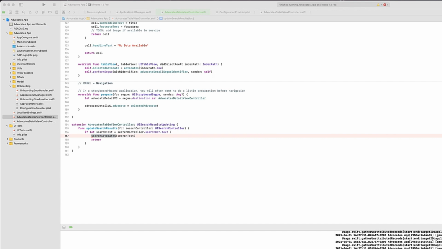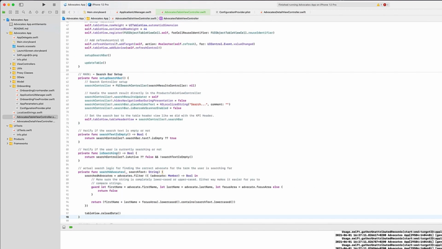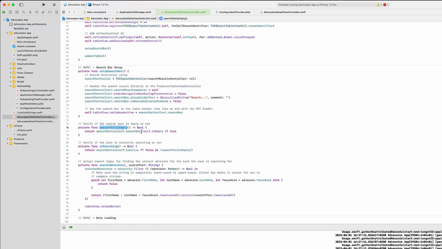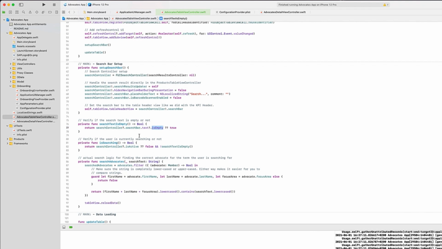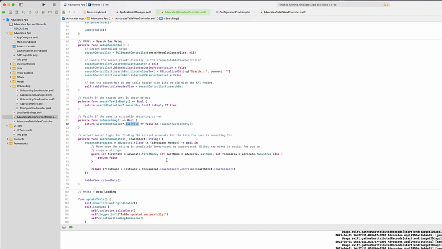And the search advocates method we define right below the setup search bar, with two additional helper methods, which I go through here with you. So we have search text is empty. This is just checking if the search bar text is empty or not, returning a Boolean. And the same thing is if we're actually searching. This is looking if the search controller is active, and the search text is not empty, because then we are searching. The search advocates method gets a search text, which is a string, and then here we can filter on the